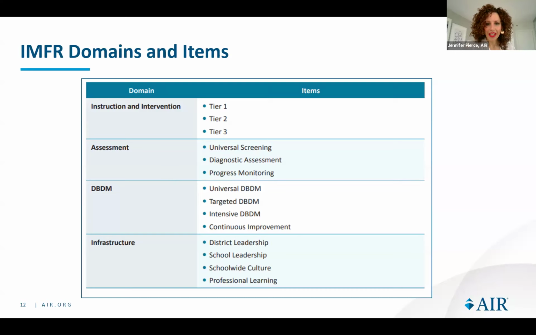Yeah, and the other question there about DBDM, is it including collaborative teaming structures? Yeah, and we actually had three versions of this because we did three iterations of development and testing and refining based on results. In our very first version of the tool, we didn't have data-based decision-making as a domain, we had teams.